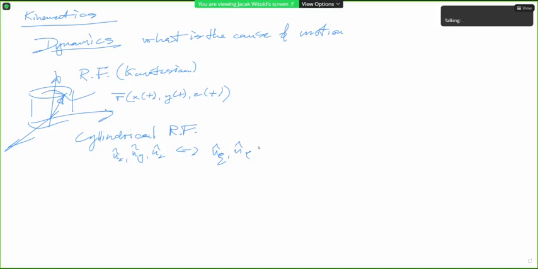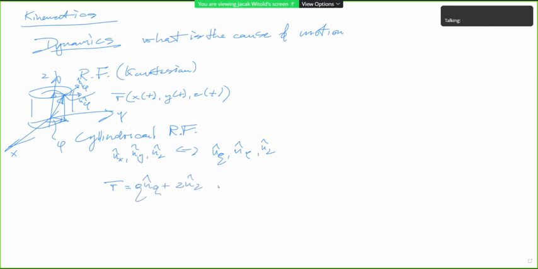The upper wall of the cylinder, within the direction of increase here in the projection, for the phi angle deflection from the x-axis, and z from the height of the cylinder. Right, this is what we've been considering, how to define, for example, the position vector. The position vector would be this vector plus this vector, so together it would be rho n_rho plus